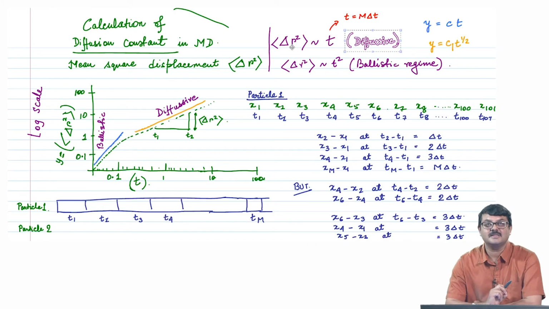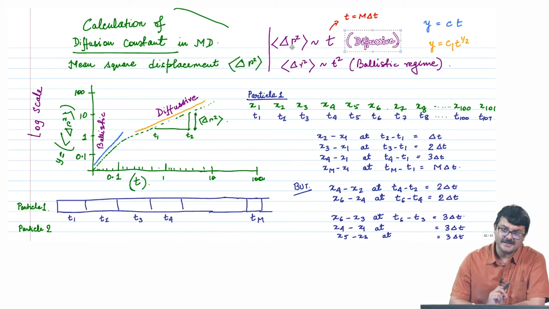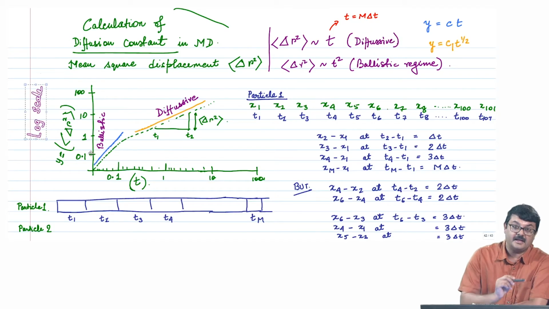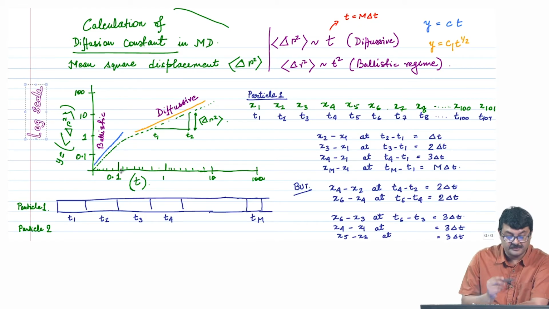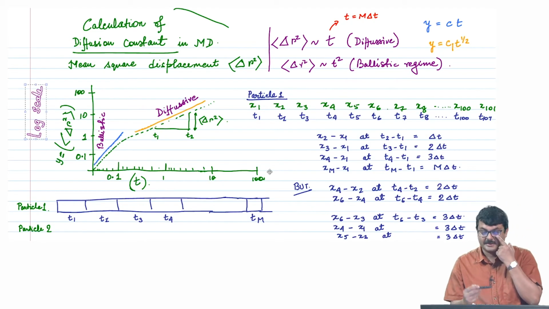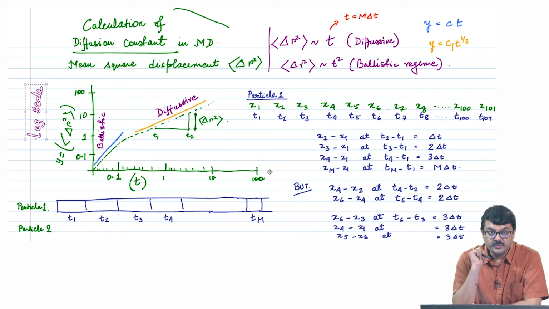Now, if you take the really smallest time dt and take the average over many particles and over various time units, and you plot this delta r square average, the mean square displacement, called MSD, versus time, and you plot it in log scale, which means here 0.1, equidistant away is 1, equidistant away is 10, then you have 100, and again in time it starts from 0.005 or 0.001, whatever dt is, to 0.1, 1, 10 and 100. So, this is the so called log scale, and in whatever software you are using,